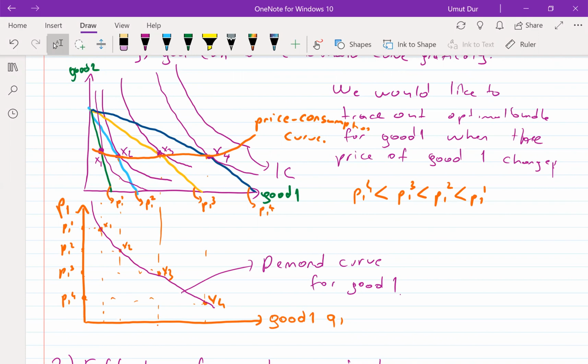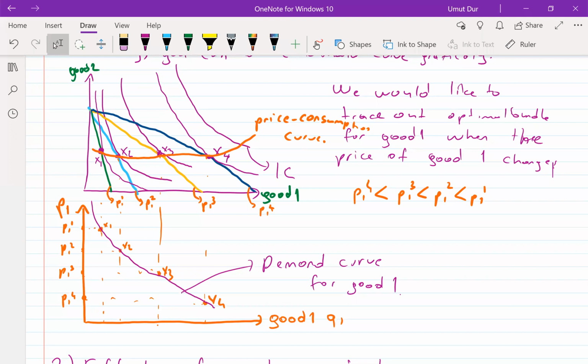So we were fixing the income and the level of the price for the other good. I'm just trying to look at how my optimum choice changes. Okay, so when I change the price of good one,